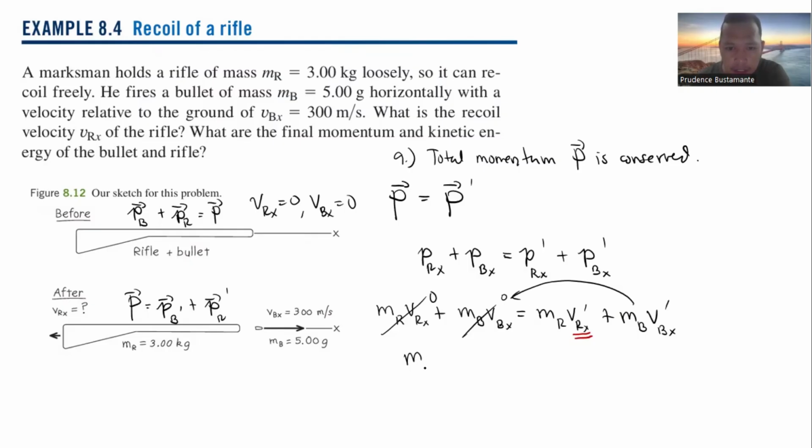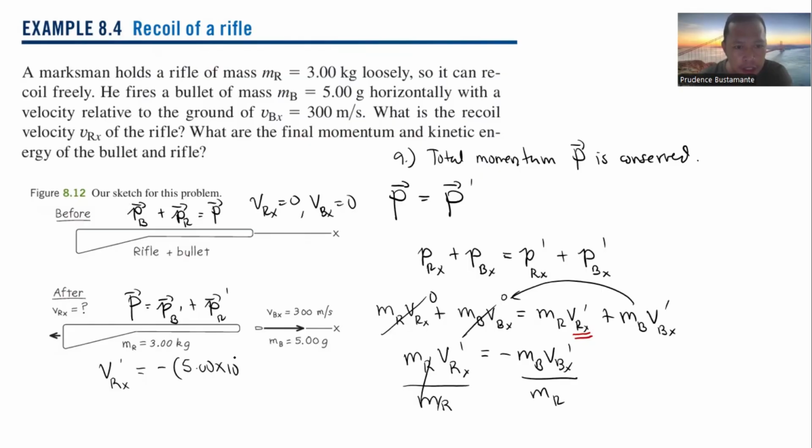So we have the mass of the rifle times the velocity of the rifle is equal to the negative mass of the bullet, because it was transposed, times the velocity of the bullet. You're gonna divide both sides by the mass of the rifle. So we have now the velocity of the rifle, the recoil velocity, the final, is equal to the mass of the bullet,